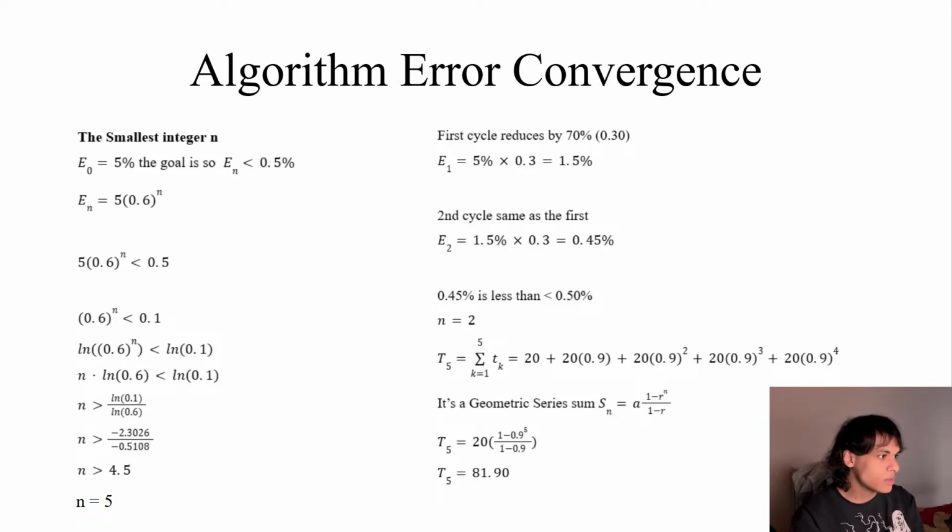So how many cycles did that take? Only two. Only two cycles. So the number of cycles n is equal to 2. And to calculate the time,